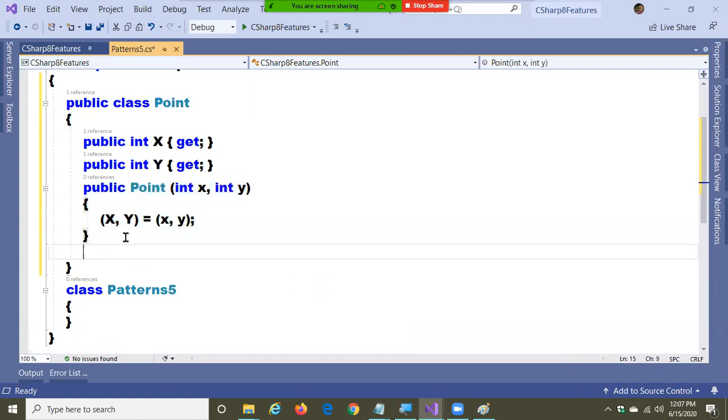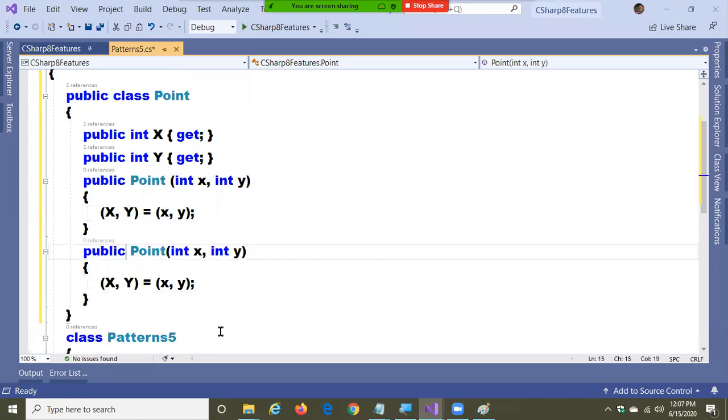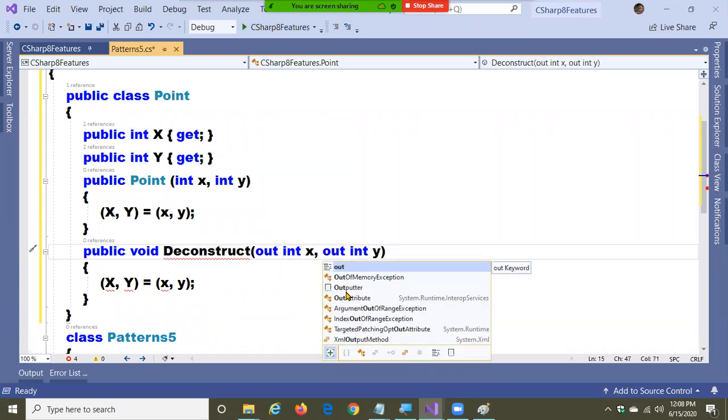Next, in this I'm also writing a method called Deconstruct. What is Deconstruct? It is a deconstructor method, a new feature added in C# 7. What is the use of this method?